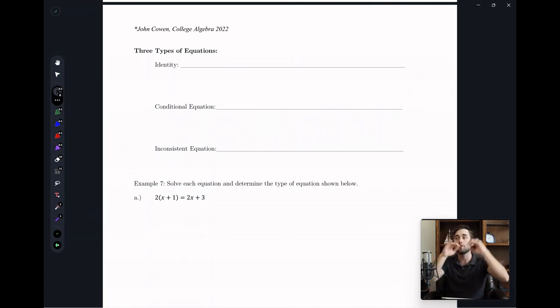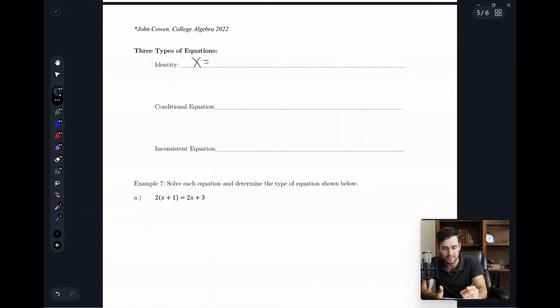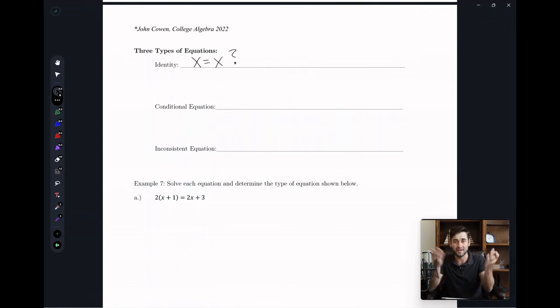We just did all the work in the world, and then what we end up getting at the end of the day is the same thing on both sides, or they cancel out. So let's say we do all our work in the whole world, and then after all the work, it ends up being 2 equals 2, or 1 equals 1, or x plus 2 equals x plus 2, or x equals x. That's what I'm going to write. x equals x. Question mark? That seems weird. If I start dividing the x's, they just cancel out and turn into 1 equals 1.